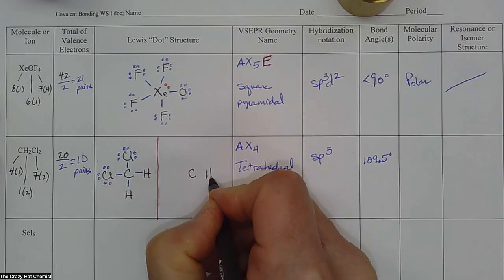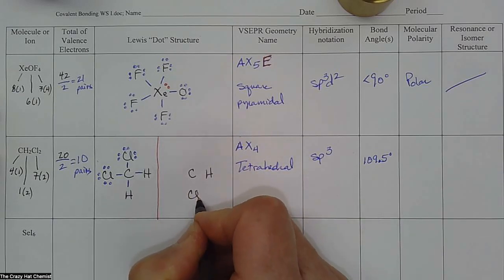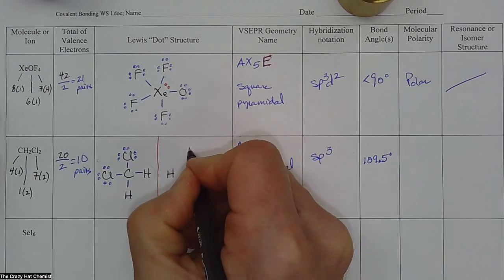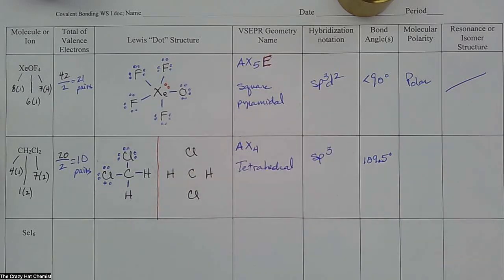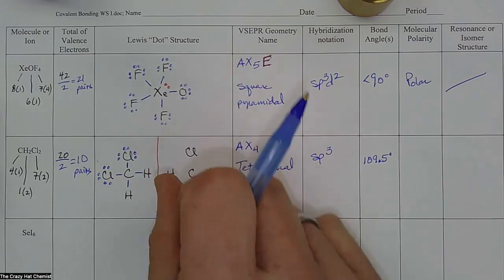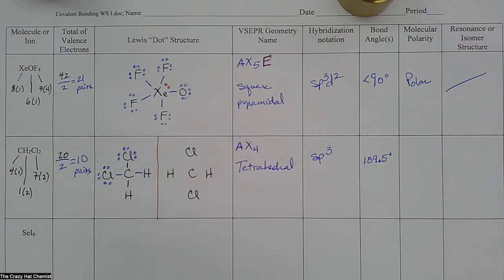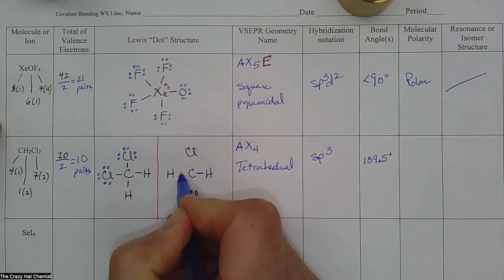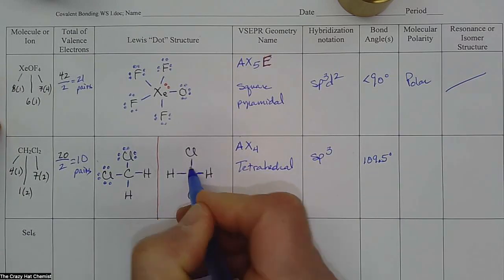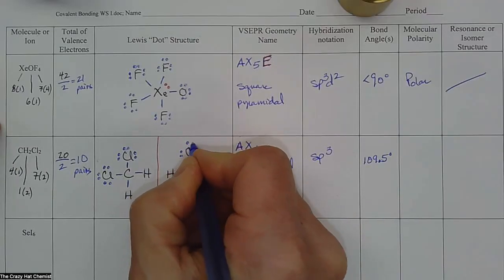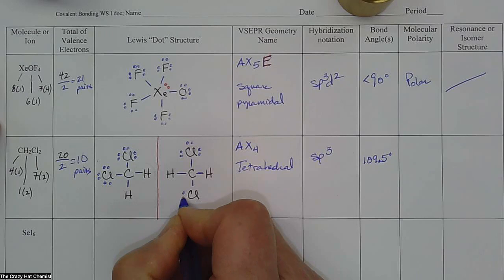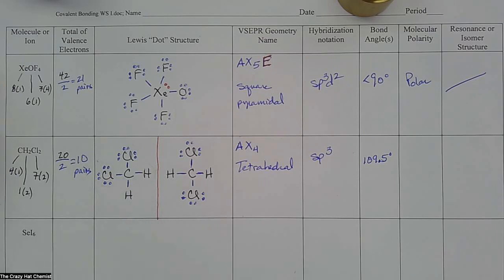And then I'm going to have a hydrogen. And this time I'm going to put a chlorine here, and then a hydrogen here, and a chlorine here. This is the other common way that I've seen this written. You can actually rotate this 90 degrees as well. It doesn't matter. Bonding pairs of electrons between the central and outside atoms, that's 4, then 5, 6, 7, 8, 9, then 10 pairs of electrons. It's the same thing that we have over here. This is AX4. That's tetrahedral. It's sp3 hybridized. That has bond angles of